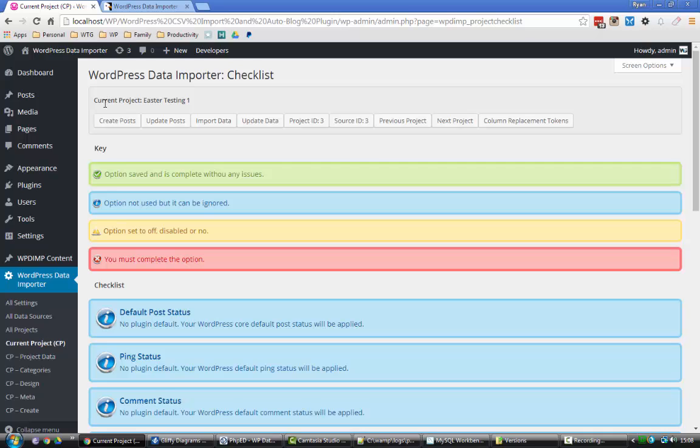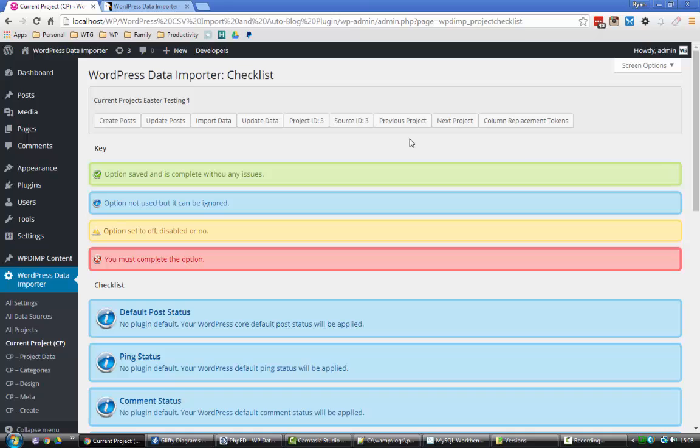When we create our second project, your second project becomes your current project by default, but we can switch back to the previous project using these buttons here, previous project and next project, and whichever project we switch to is classed as our current project, and the entire interface changes to show us the data, configuration and information about that project, because there is a massive wealth of data being generated, especially in the log, and if we begin to use automation, scheduling, etc., then we generate data so that we can confirm that the plugin is doing its job